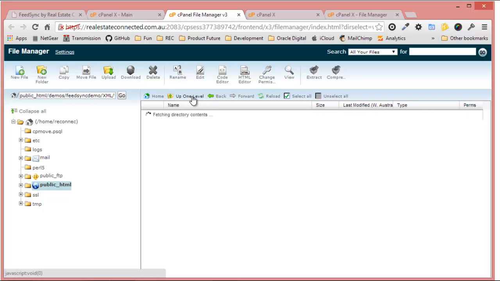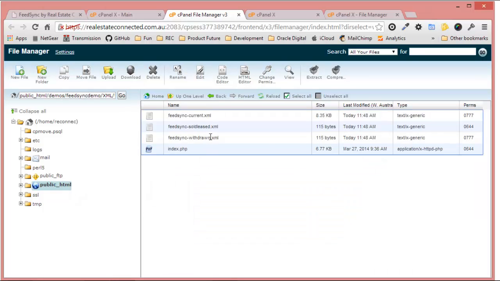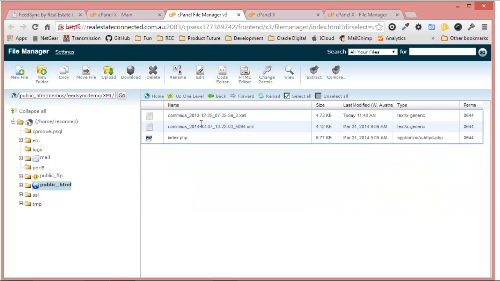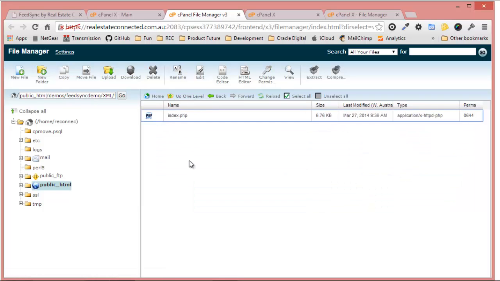And if we go up one level, we can have a look at the outputs file. You see that the 3 files there are output, and back again, we can check the processed, and there's the 2 files that have been processed. I think I left one behind. So let's go back and chuck a few more files in the input folder and see how it handles several